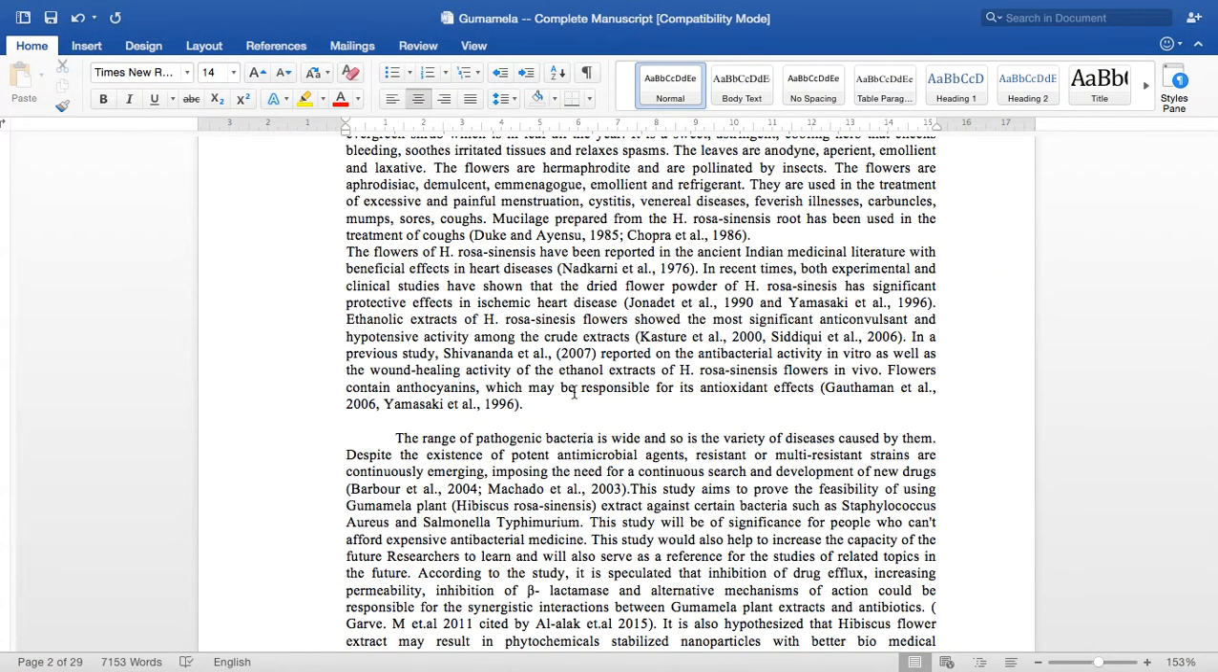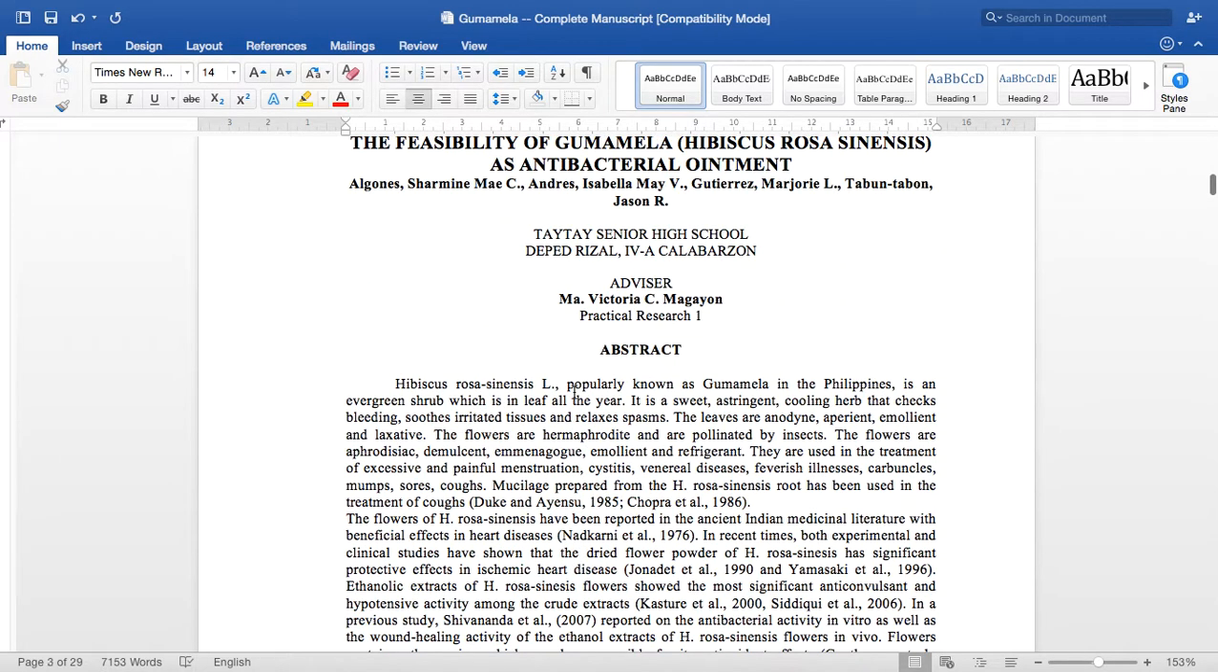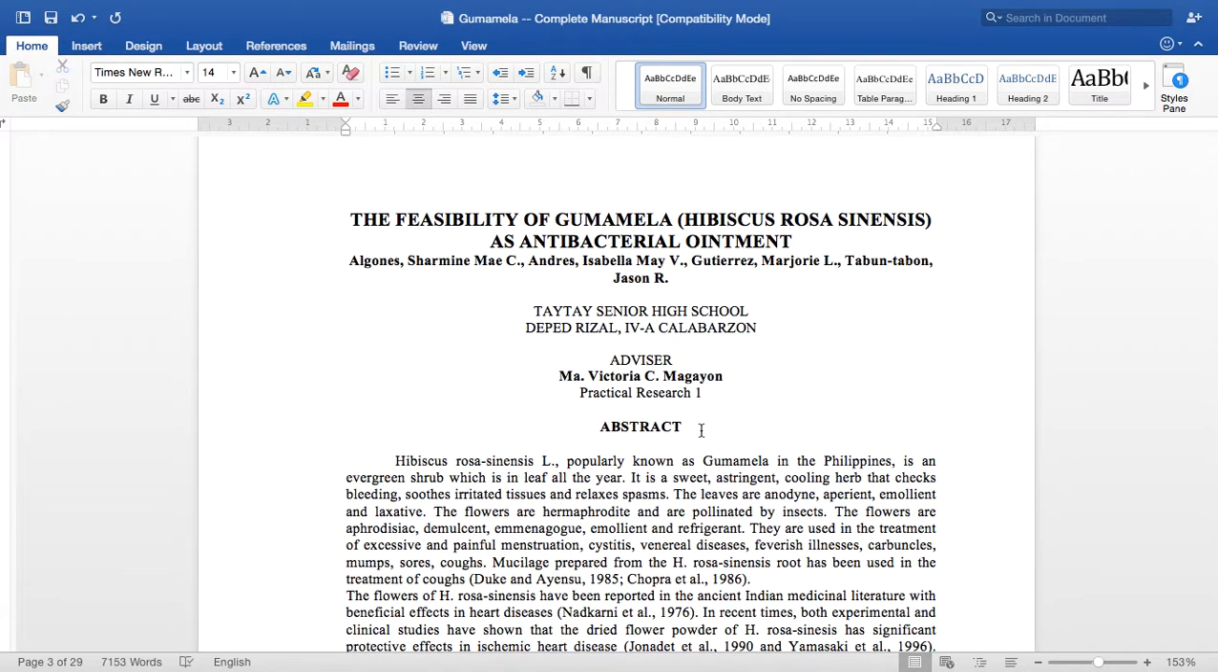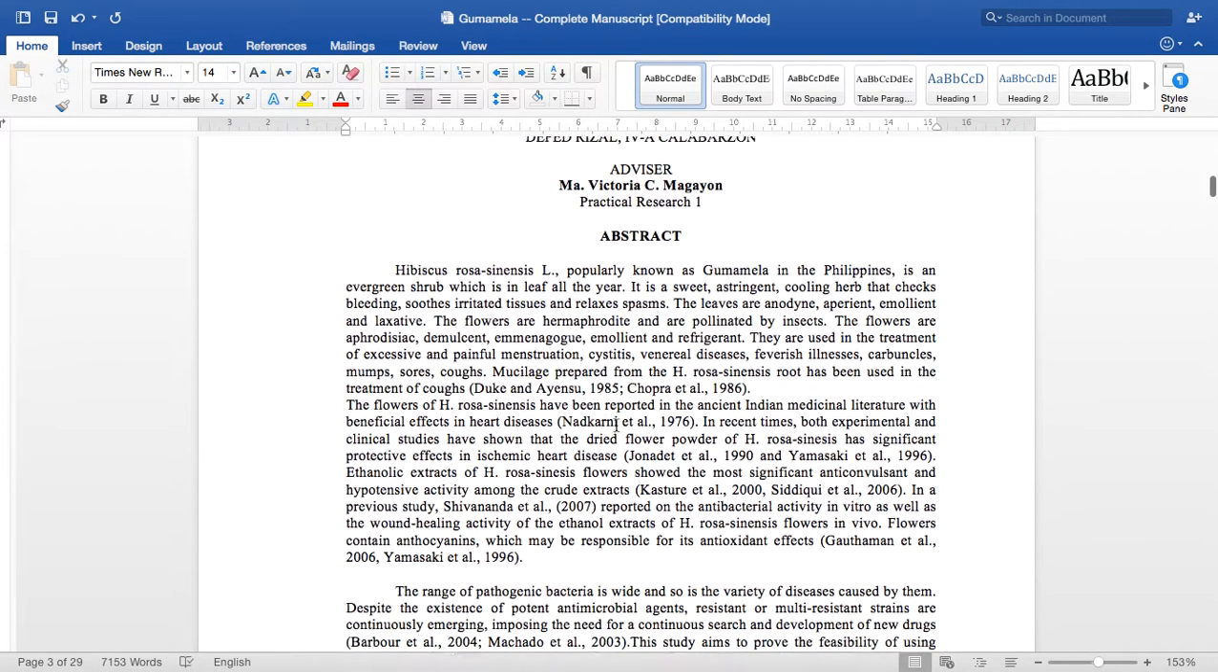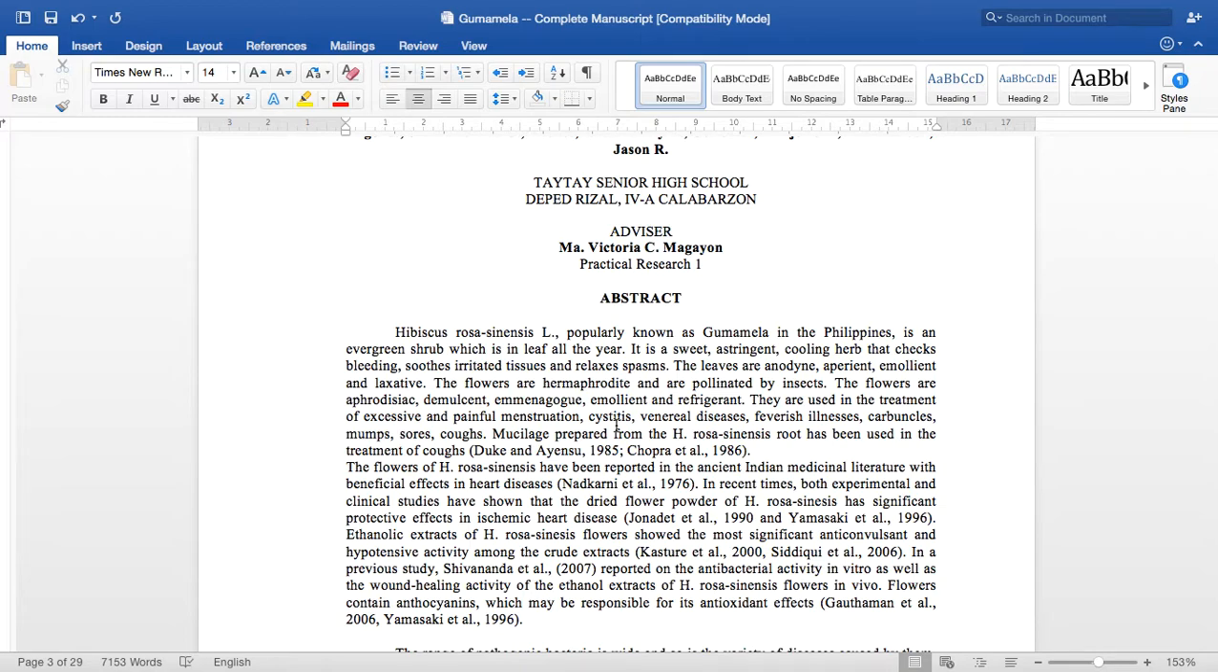Today, I will prepare a tutorial video on how you will construct your abstract. So, my sample project is about the feasibility of gumamela as antibacterial ointment. Okay. So, using the IMRAD format or publishable paper or journal article, so some journal